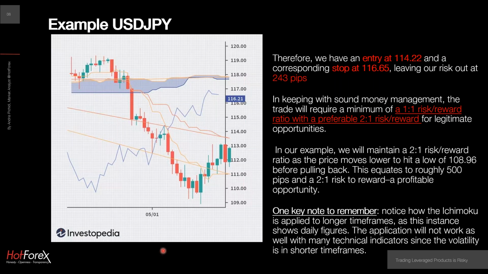Another entry that we could have taken in dollar yen would be at 114.20. Okay, and why is that? 114.20 is when we could see a cross of the